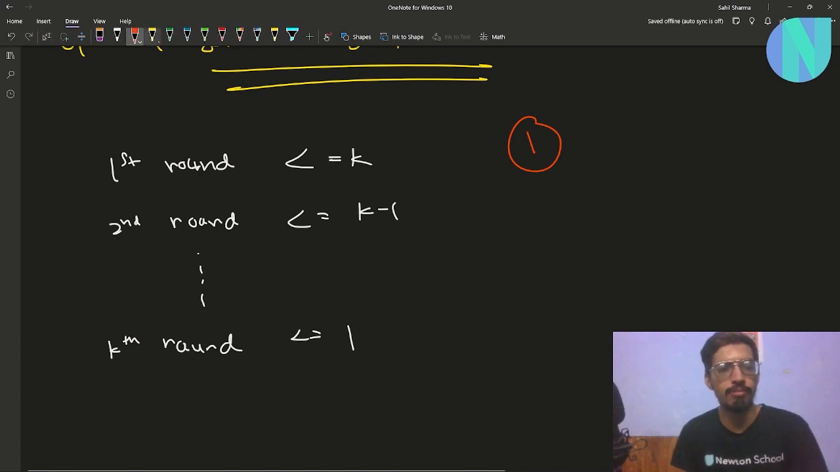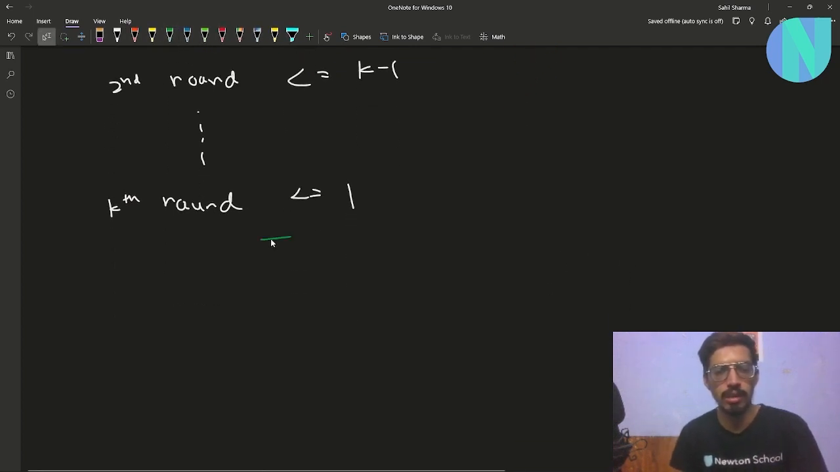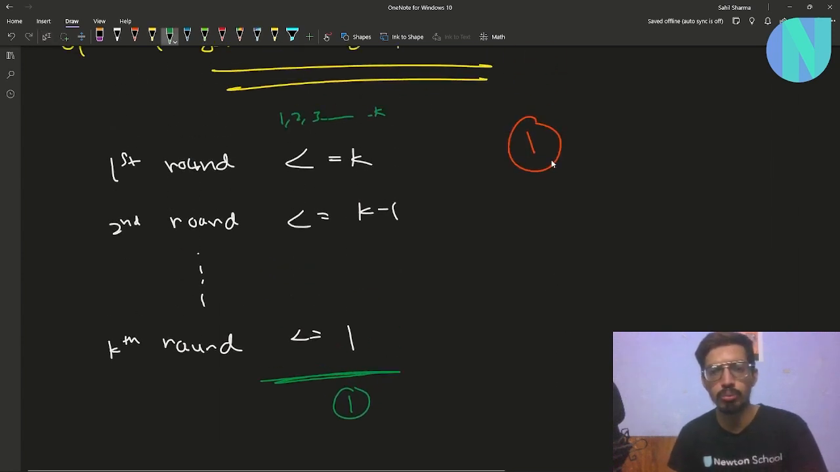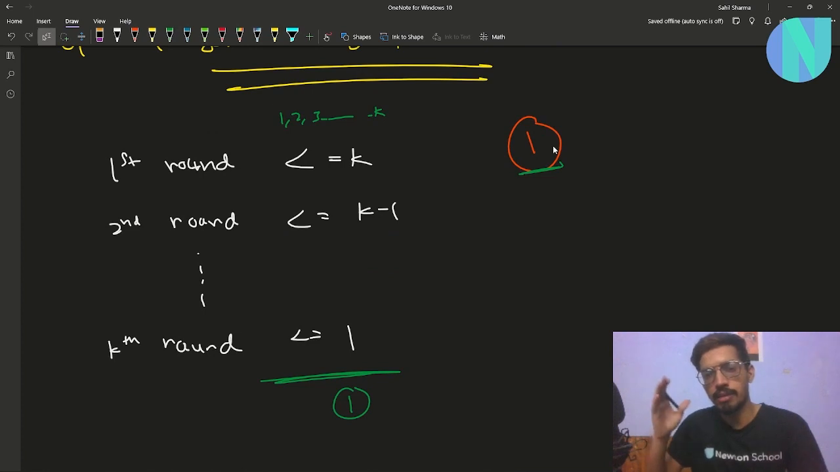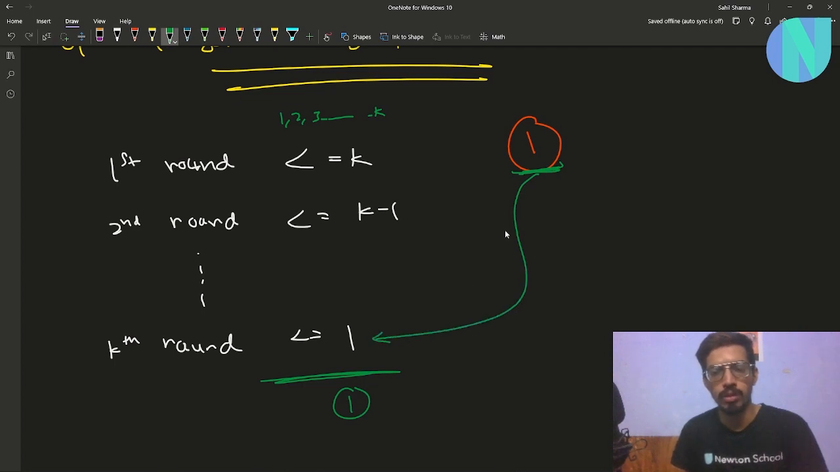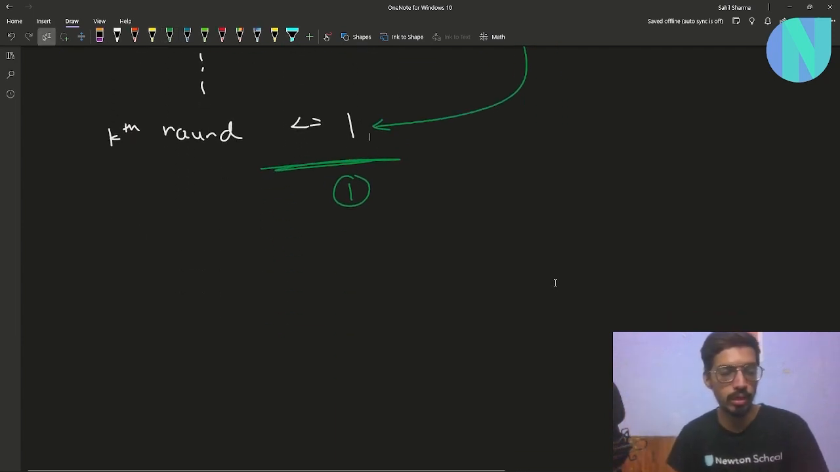Because in the first round I have many choices. I can either remove 1, 2, 3, so on up to k. But in the last rounds, in the kth round, I only have one choice. I can only remove a 1, right? So if I decide to remove a 1 or some small element in the first round, I might need that element in the later round. It might happen that if I decide to remove a 1 here, I might need that 1 later in the last round. So it is never optimal to remove smaller elements because I might need those elements in the later rounds, right? So we get a hint that it's not optimal